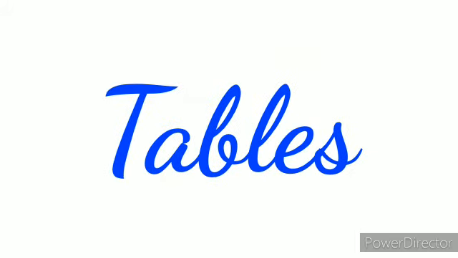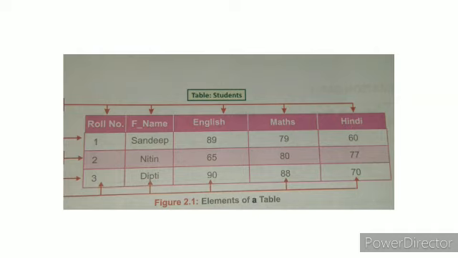Okay, children? First one is the tables. Table stores the complete data in a structured manner. They store the data in the form of rows and columns, and we should call as fields and records. Every table has a finite number of rows and columns, but it can have the infinite rows. Okay, children, that means a finite number of columns only are available, but rows are the infinite rows will be.